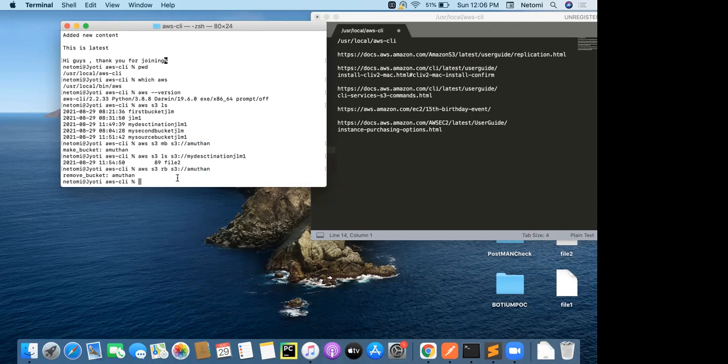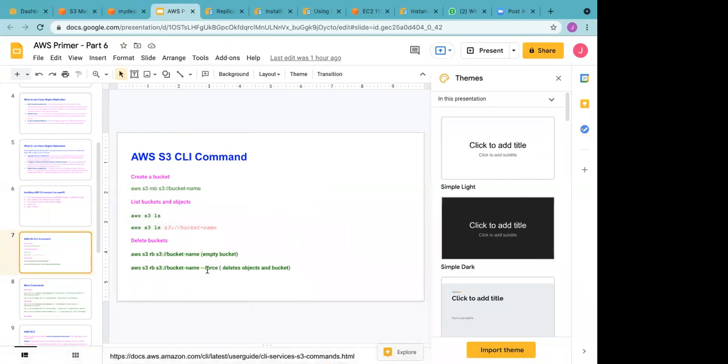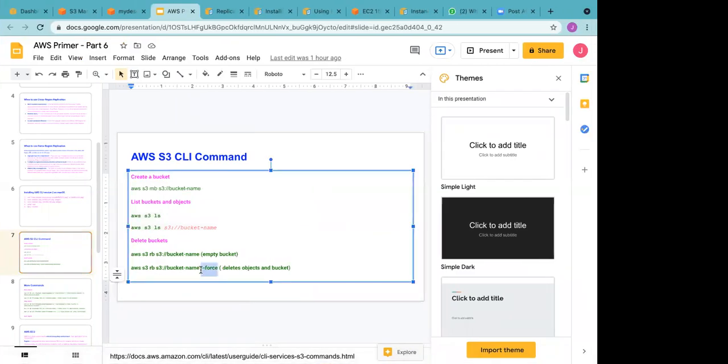But if you want to delete a bucket which already has objects, what we need to do is append this --force. It works recursively: it would first delete all the objects and then delete your bucket.